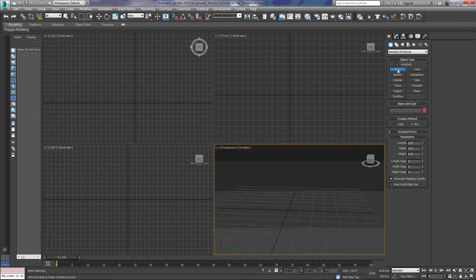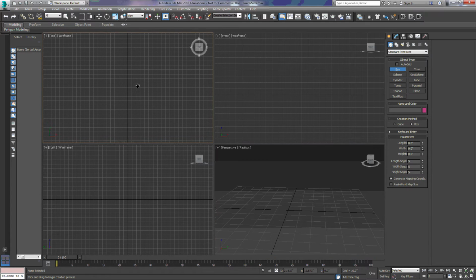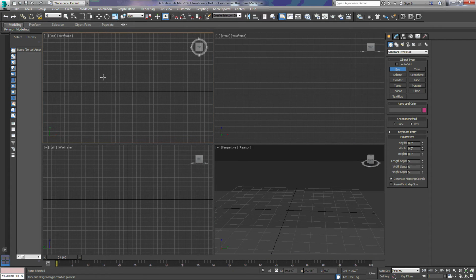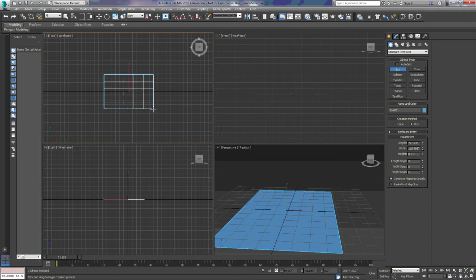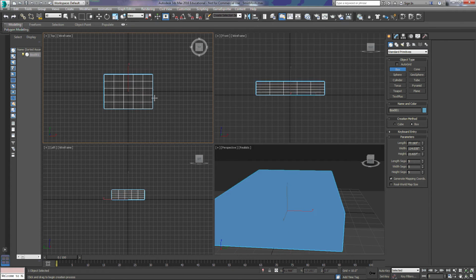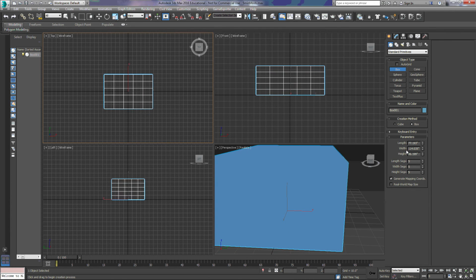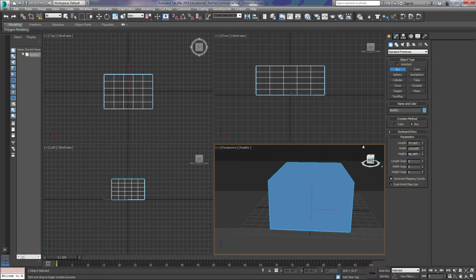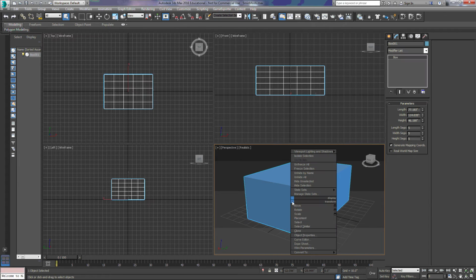We're going to use a box for this object, and we want to make sure that our box has several segments: length, width, and height. That's what's going to determine our lattice. And we're going to turn our box into an editable poly,